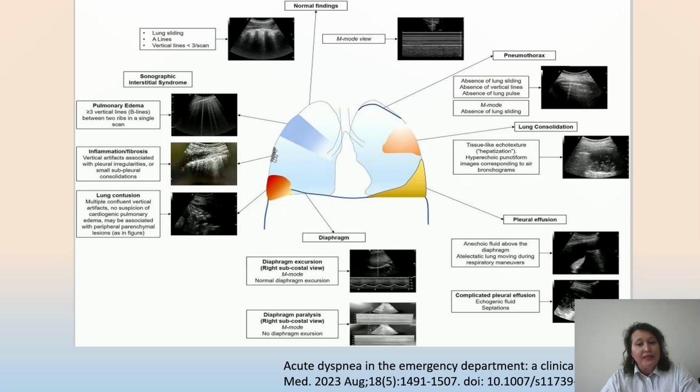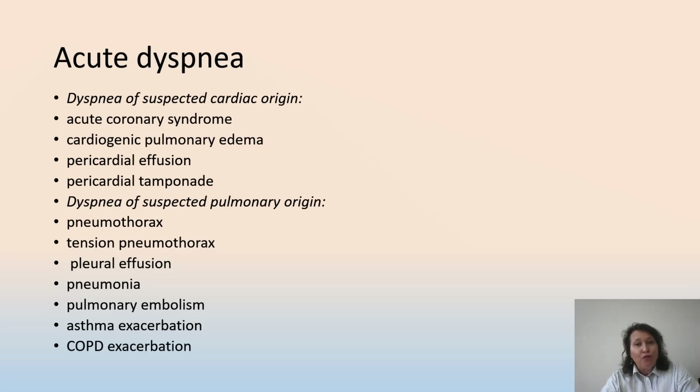In the lower part of this slide, you can see visualization of diaphragm excursion, right subcostal view in M mode: normal diaphragm excursion, and no diaphragm excursion in the lower part. This slide shows when the patient has diaphragm paralysis. That's why here you can see exactly that there are different patterns of ultrasonography data, as with other visualization methods, which help in diagnosing the origin of acute dyspnea, because, summarizing, acute dyspnea can be of cardiac origin